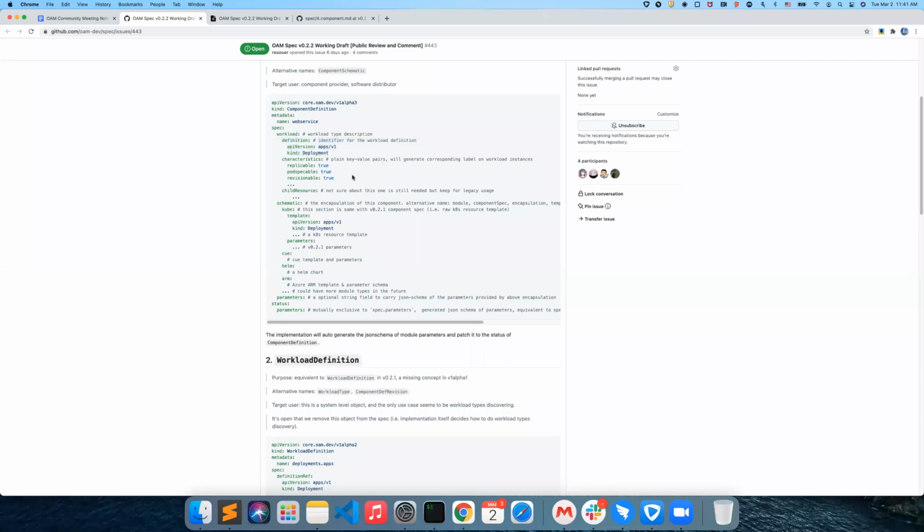So if that declares that it happens to generate 2 resources, then I would expect that trait understood that was going to happen. But exactly, that's why we need to tell the trait what is the workload inside this component. Yeah, I don't think we're disagreeing there. I'm just saying that